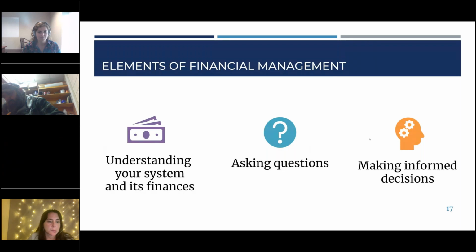So first, if you're thinking about financial management broadly, the elements of financial management, I tried to capture them in as few components as I could, but know that each of these is pretty involved and this can be a cyclical process. The first part is understanding your system and its finances. First, understand your system. That's not just from a financial aspect. That might be the actual assets that you have, the condition that they're in, the prioritization, the criticality of those assets, because that all plays into your capital needs, your capital improvement planning, and essentially how you're going to budget to sustain your system into the future.